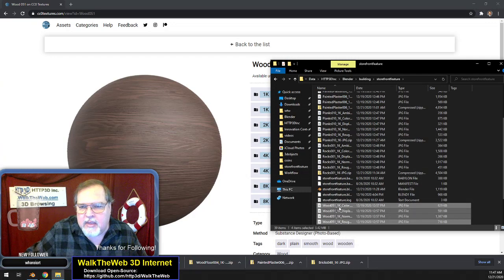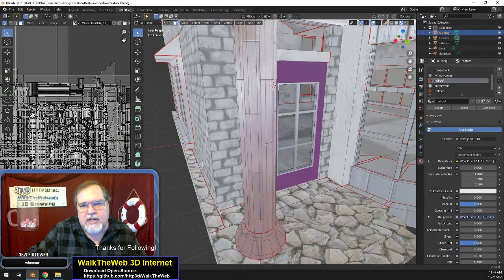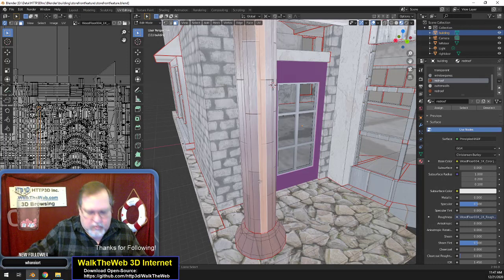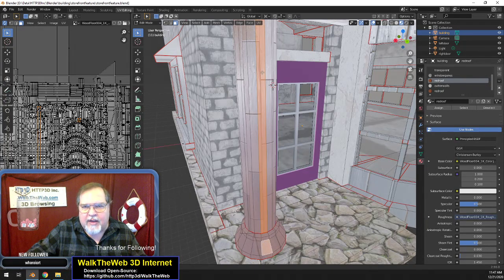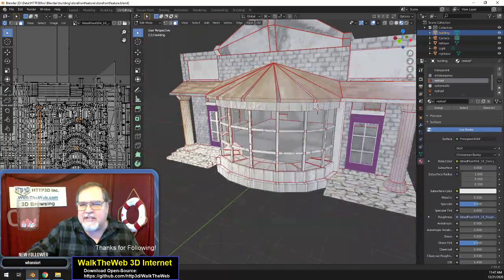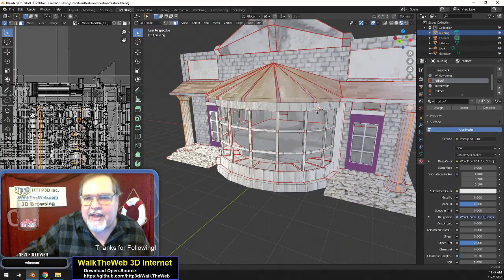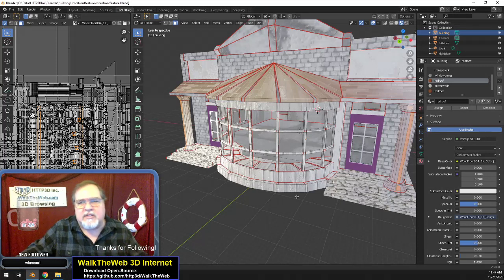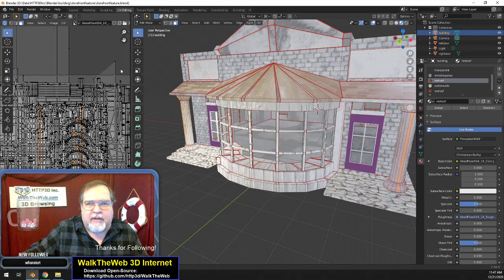So, we have wood 51, which is the new texture we're throwing in here. We're going to select these things up here. See, this is going to look so much better without having so many lines in the textures. We can make it look like wood without the lines. Yeah, it'll look better. So we're going to take these ones and move them back over to